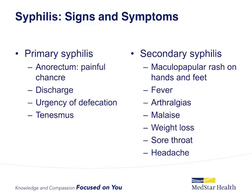Primary syphilis in the anal rectal area presents as a painful chancre. This is in contrast to genital ulcers of primary syphilis that are often not painful and asymptomatic. Also, the chancre in the anal rectal area is often misdiagnosed as an anal fissure. The ulcers associated with syphilis are often broad-based, occur between the anal verge and dentate line, and are located off